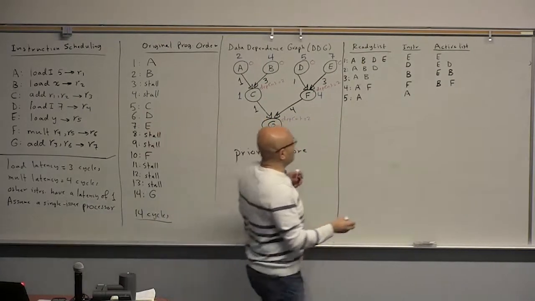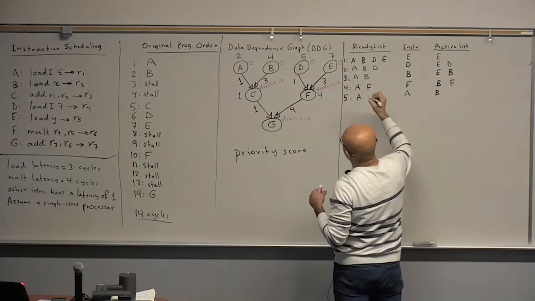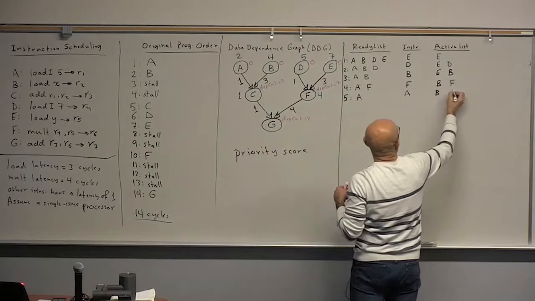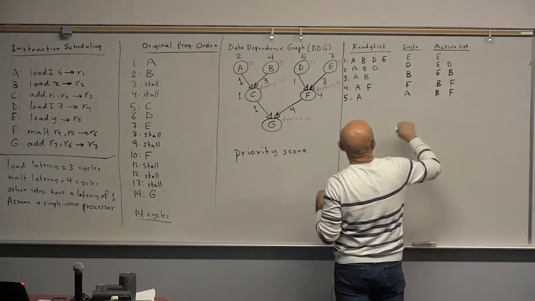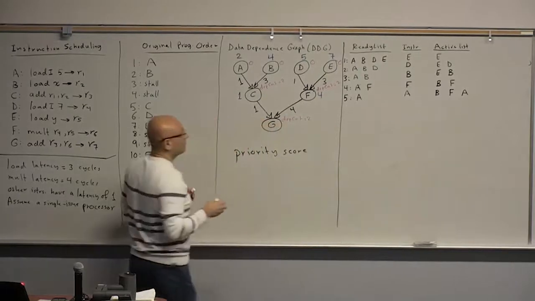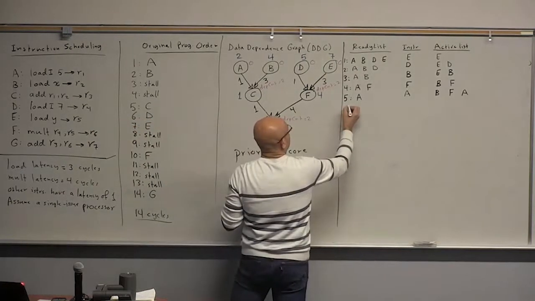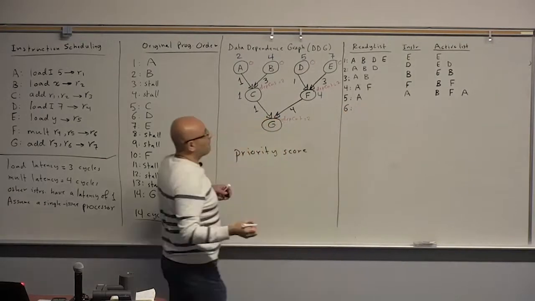Now what we have active is B is still active. F, is it still active? Yeah, F is still active, and A is now active. Okay? Now, in cycle 6,